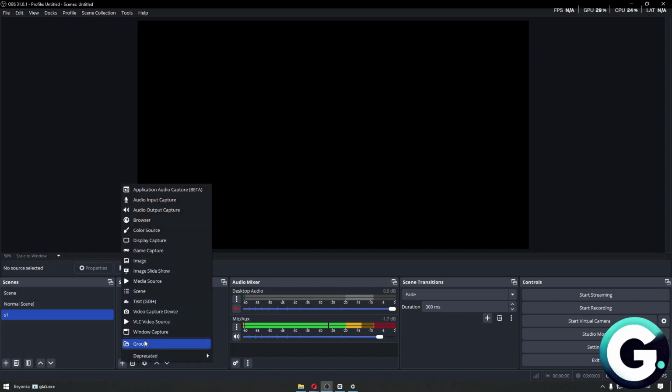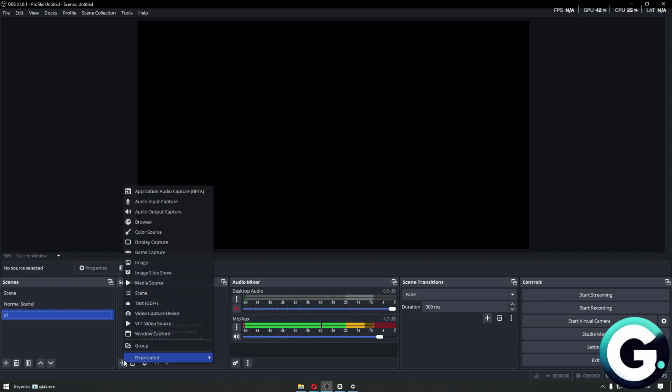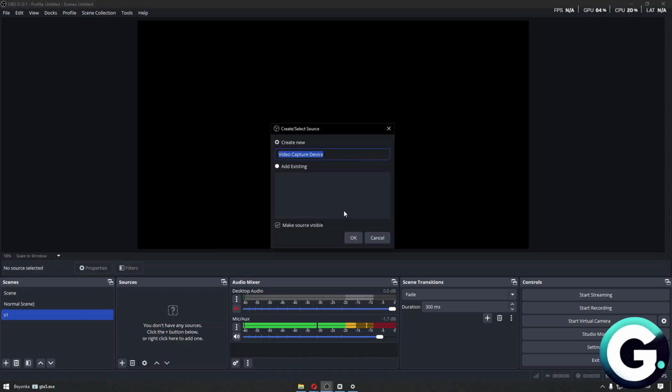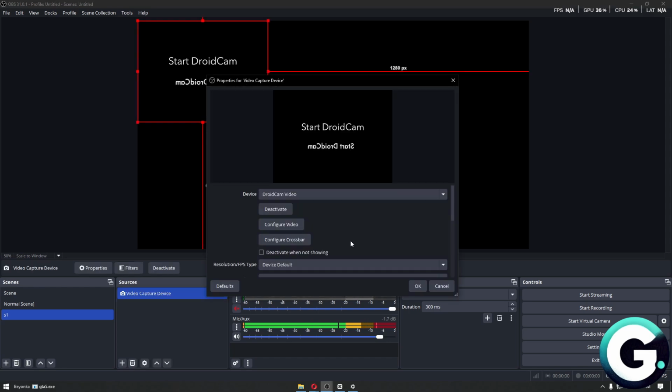Click on the plus icon once more on the sources page. Basically, this is where we get our sources from. And in this video, we are going to talk about the video capture device. So just simply click on it. Name your device to whatever you want to, click on OK, and then you have to follow the following settings